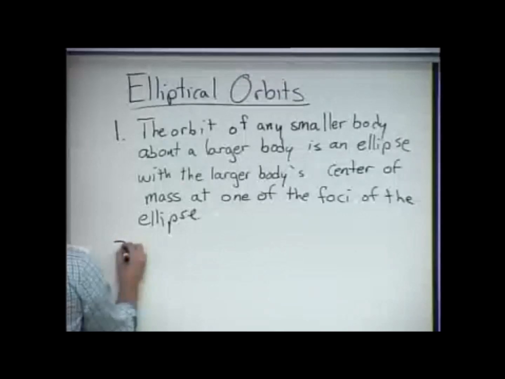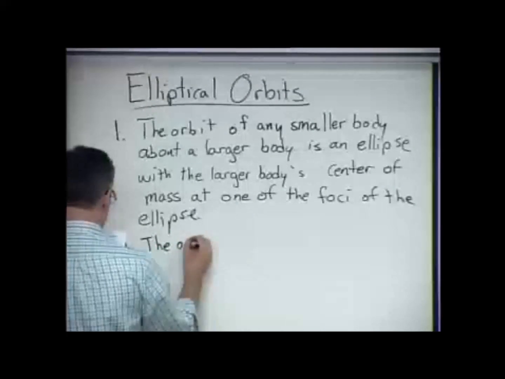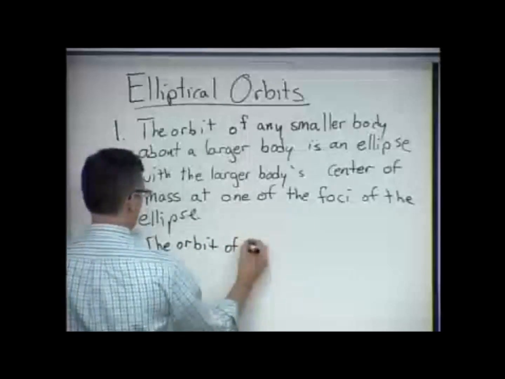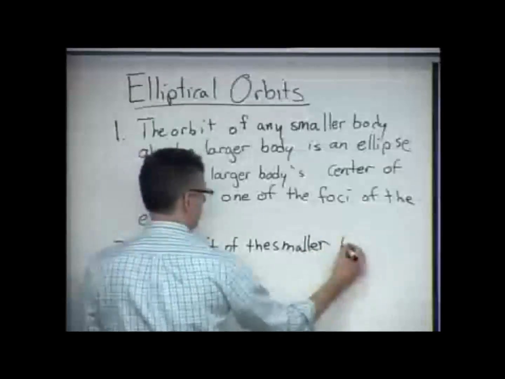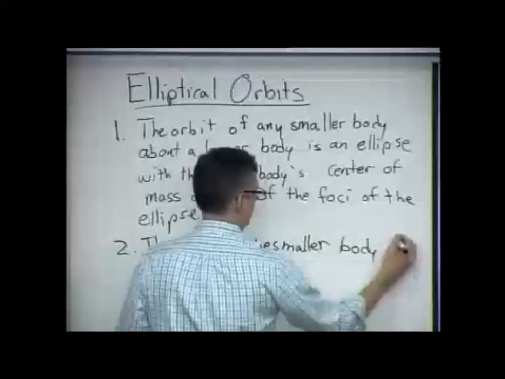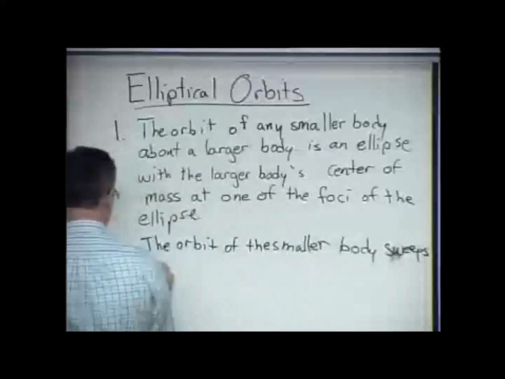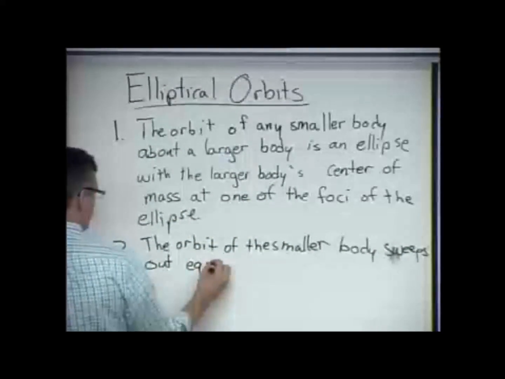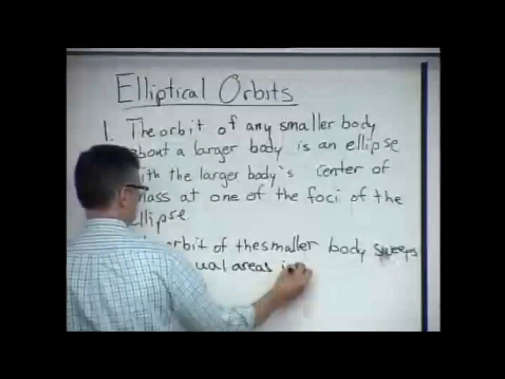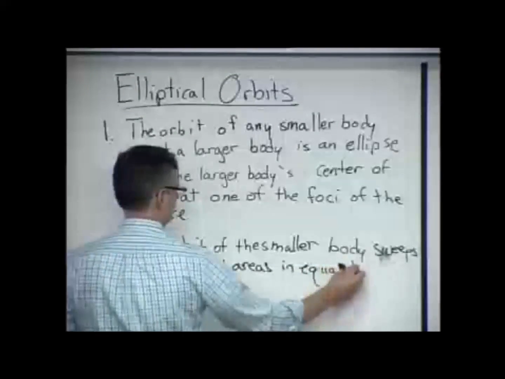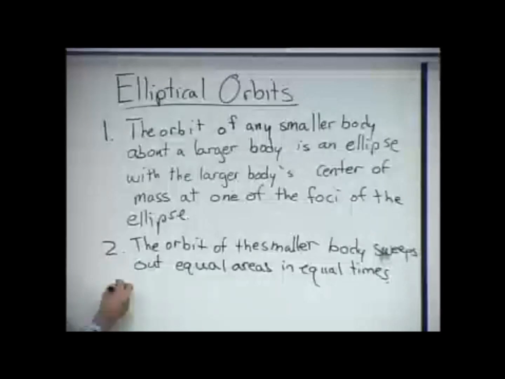The second one, I'll just put them all up on the board right now. The orbit of the smaller body sweeps out equal areas in equal times. And 3,